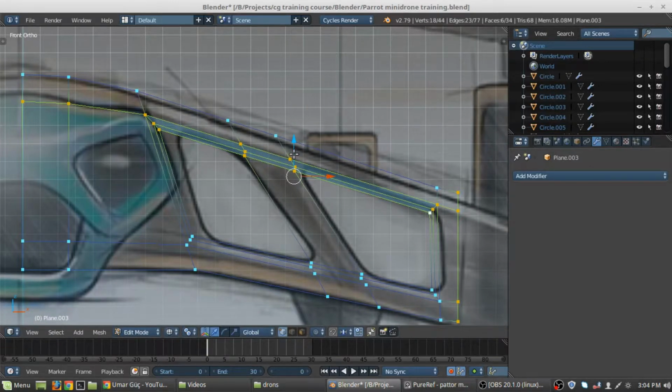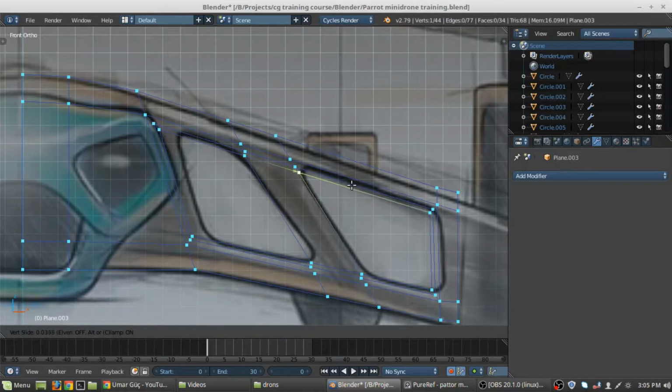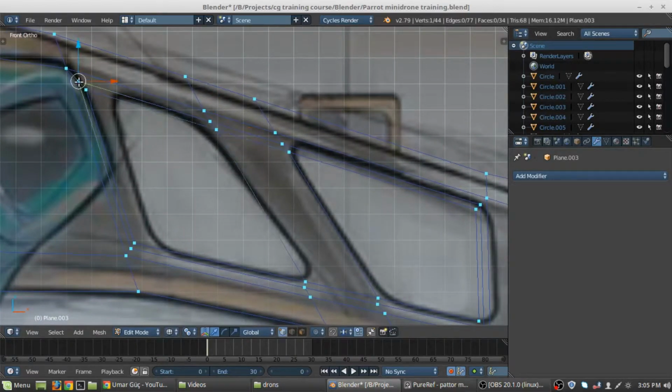Now I have to see what I will be doing. This is the first edge loop, and this will be the second one. So the first one goes in like that, and I will bring, sorry for that, let me just align them with the rest. Okay, never mind. I'm gonna bring this